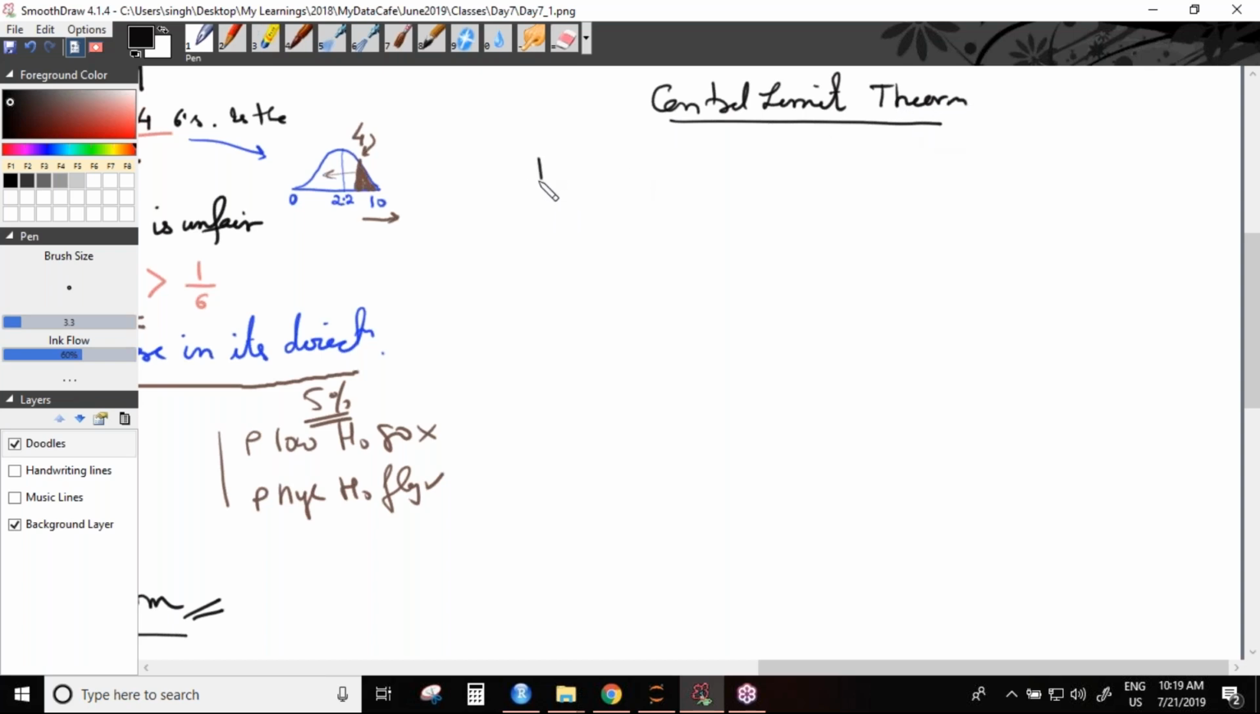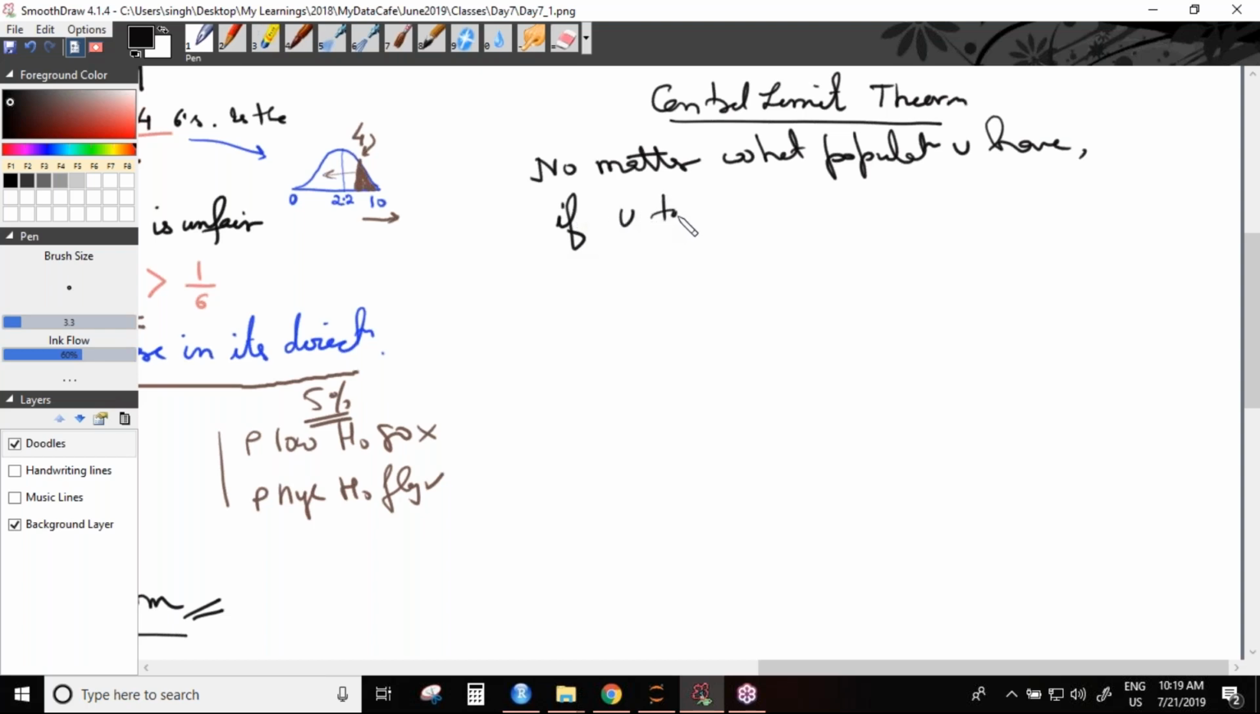This tells you no matter what population you have. What does this mean? It doesn't matter what kind of distribution your population has. It can be normally distributed, it can be uniformly distributed, it can be any other distribution. So no matter what distribution your population has,